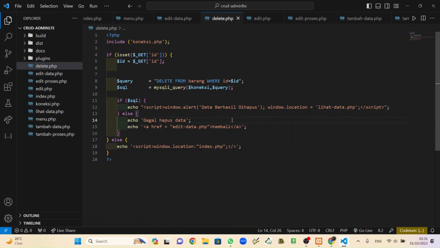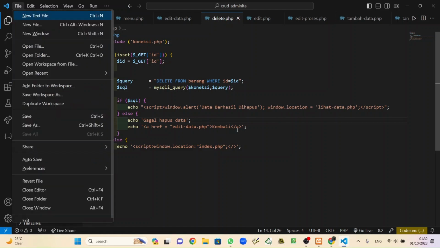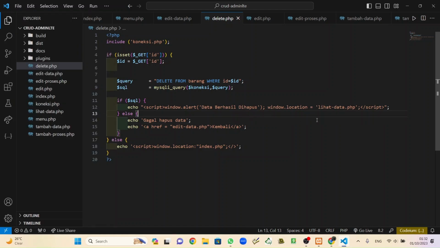If there is anything wrong, so gagal hapus data. And maybe that's enough, and there's nothing error here. Control save. Make sure you have saved all.